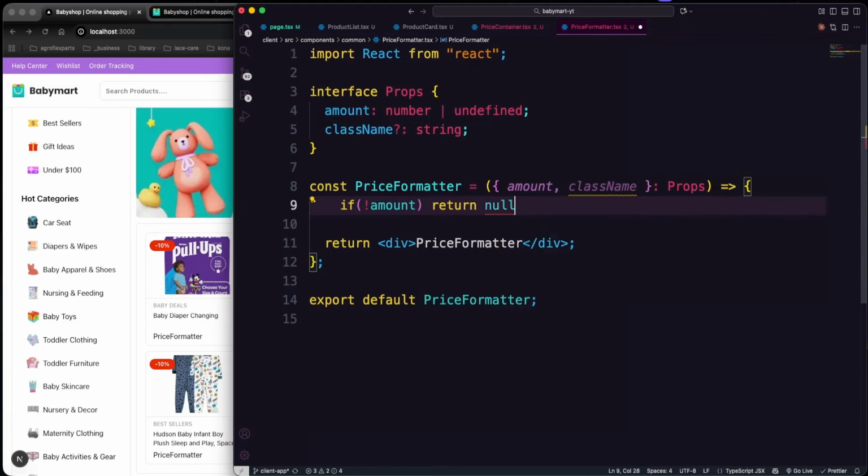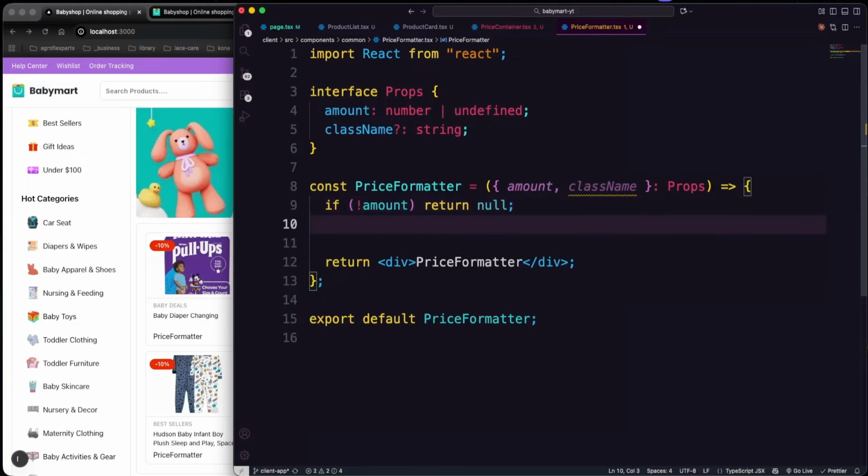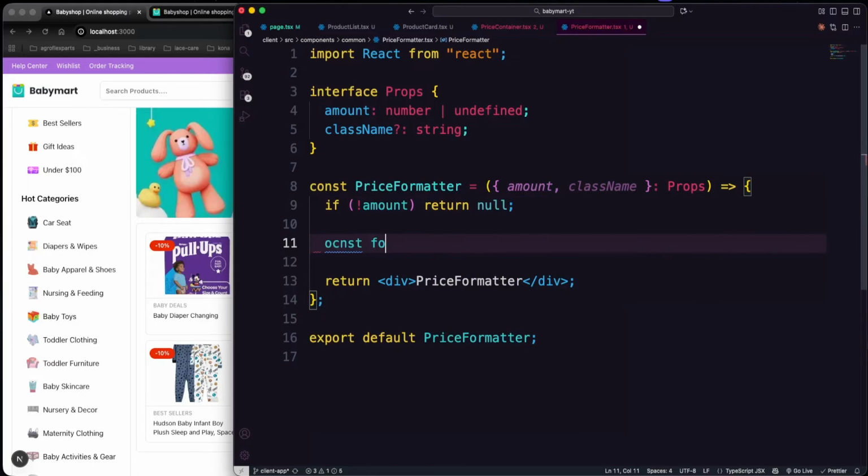So nothing is going to be passed there if there is no amount, right? And if there is an amount, we're going to make that a formatted price. So it should be const formattedPrice, and the price should be coming from a new Intl.NumberFormat. We're going to use a similar JavaScript notation. It's going to be coming as a number, and from the number, let's say I'm going to provide the number of US